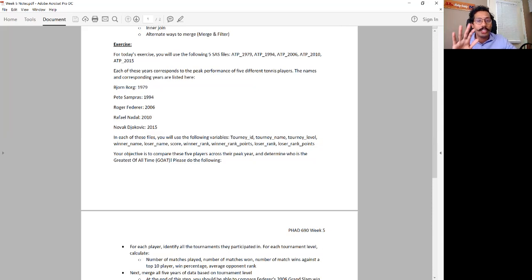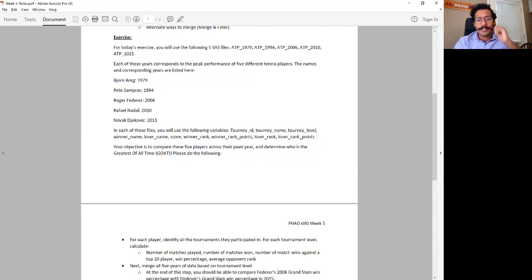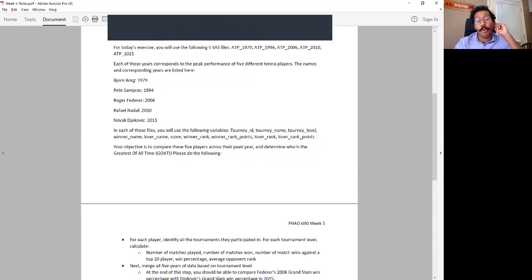So you are going to use these 5 years of data, each of which correspond to one player, to identify who is the greatest player of all time, who is the tennis GOAT, if you will. So in each of these files, there are several variables. You will see that there are more variables than you will need. But the variables that you are likely to use are tournament ID, called tourney ID, tournament name,